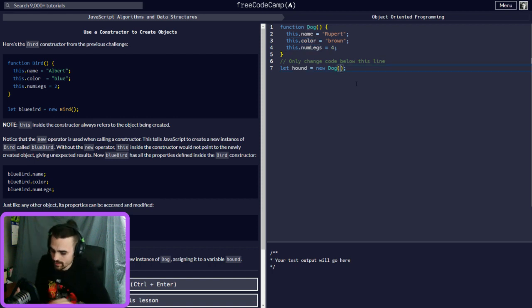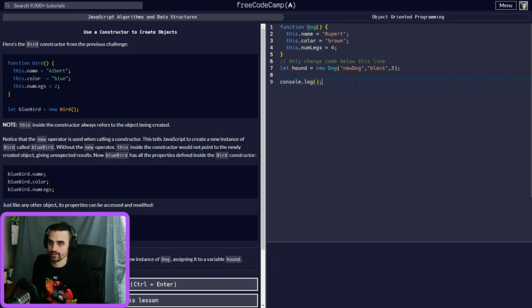So we could put the name as new dog, color as black, and then the number of legs. Well, let's say it was a little disabled, so we're going to have 3. So let's look at this. Now our new hound object, if we do the console.log, we've essentially created a whole new dog.